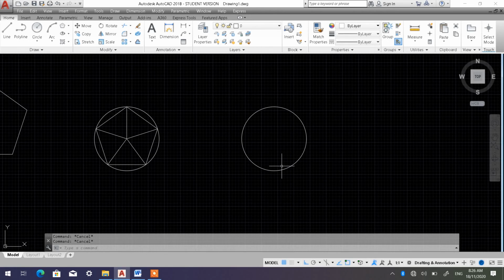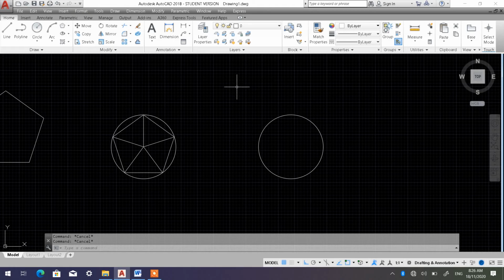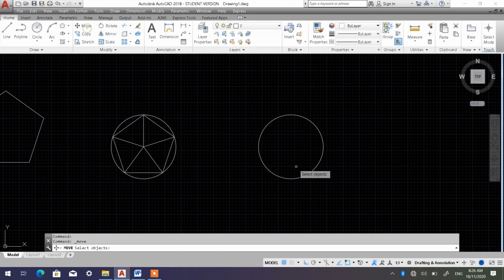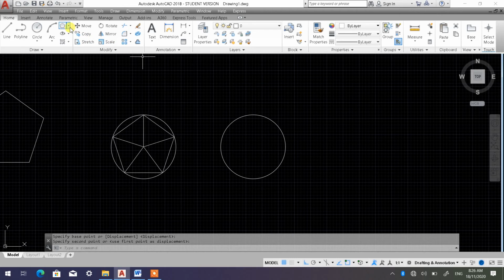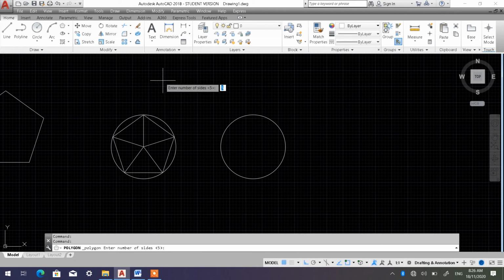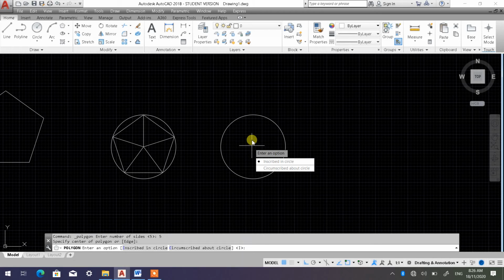Okay, whereas for the circumscribed, see how circumscribed works. So I'm going to move this a bit here, and then I'm going to proceed with my polygon, and again I'm going to make it 5, enter, then specify center. I'm going to locate it at the center of the circle, click, and then I'm going to proceed with circumscribed